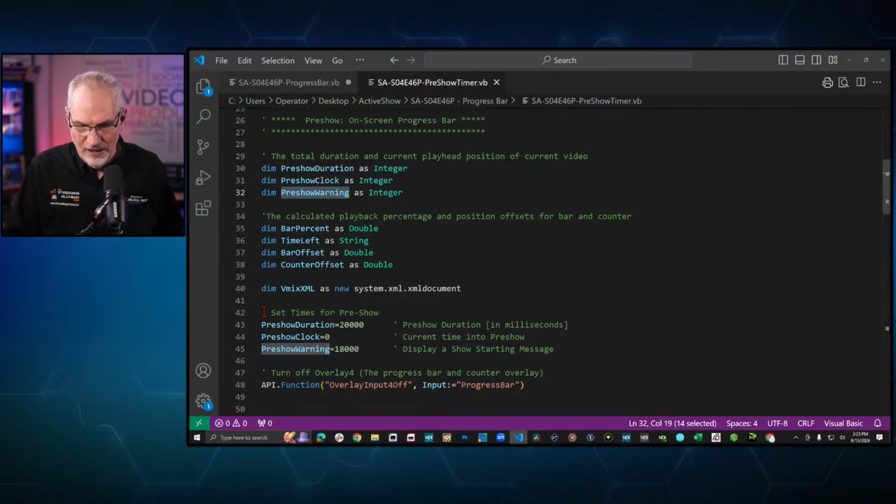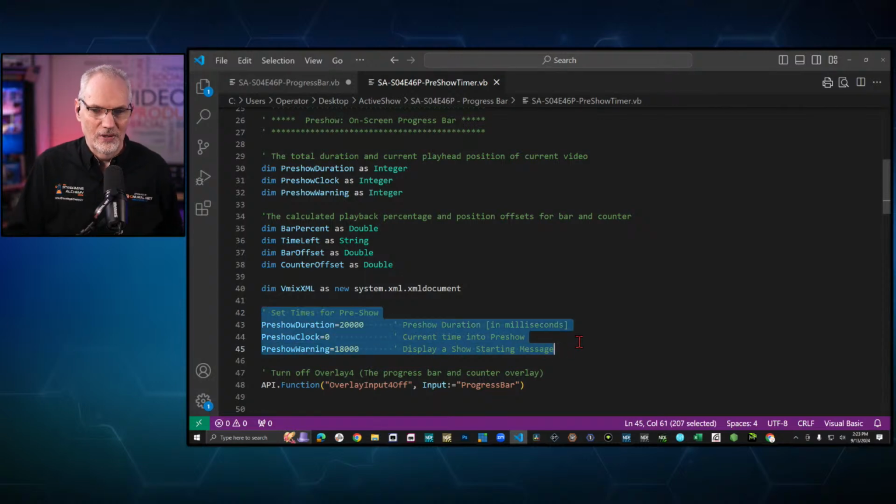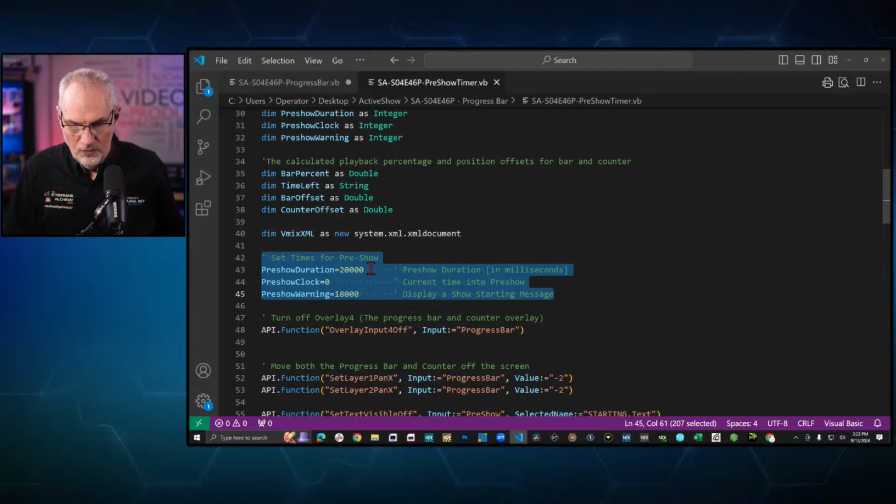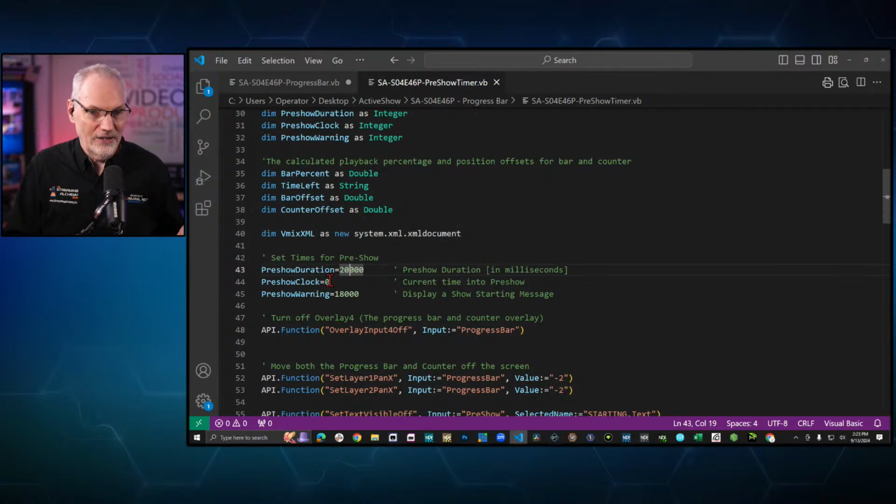And here, we're initializing everything we want. And I'm just doing this in milliseconds. You could make it more complicated by letting you input hours, minutes, seconds as separate things. For the sake of simplicity with how we structure things, I just did it this way, but it's not hard to do it the other way either. So with those things set, we're saying it's 20,000 milliseconds, 20 seconds. The clock is at 0, so we're starting at the beginning. And at 18,000 milliseconds, 18 seconds into our 20-second pre-show, I want you to pop up the show starting